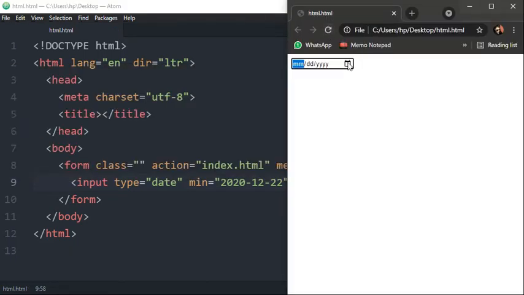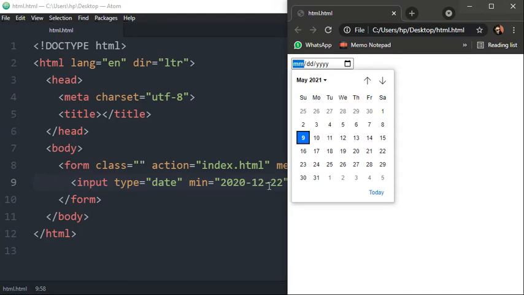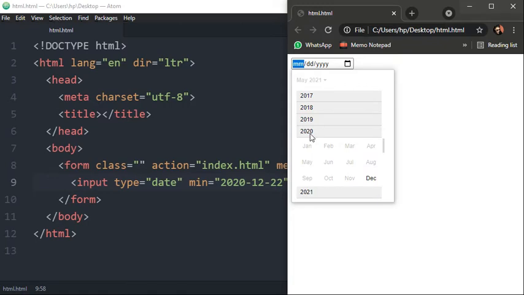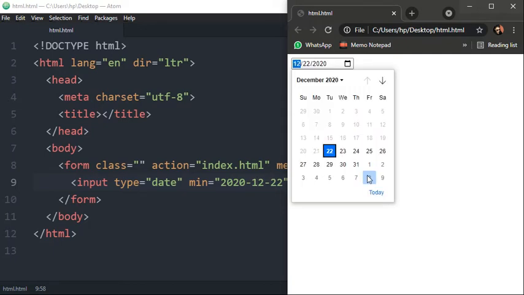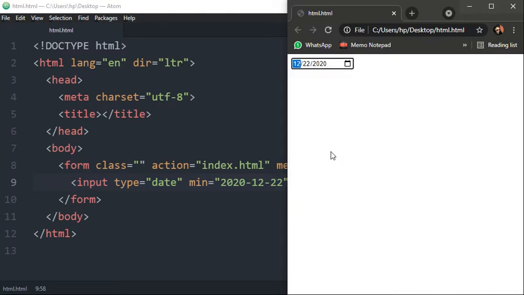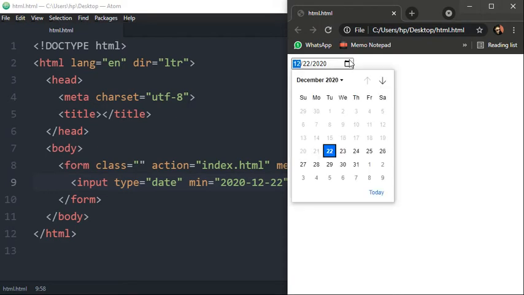Refreshing the page, now you will see the minimum range is December 2020. Okay, so let's select 2020 and you will see option December only. November is not displayed. The reason is the minimum range is December. So in December, you will see the minimum date that user can select is 22, because we have defined here 22. So this is how user can not go below 22nd of December 2020, and same goes with maximum date.